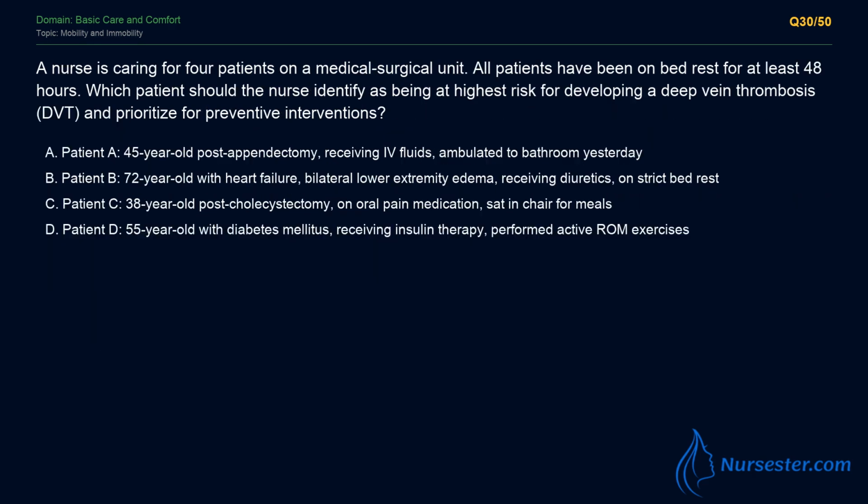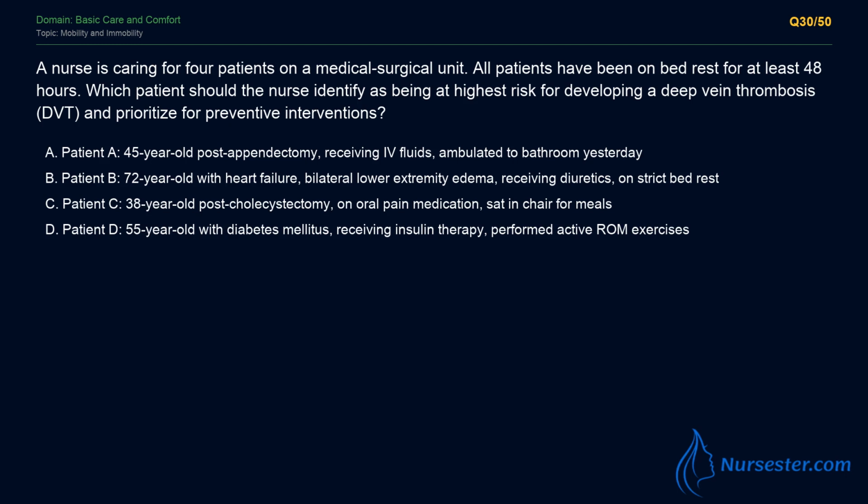Question 30. A nurse is caring for 4 patients on a medical surgical unit. All patients have been on bed rest for at least 48 hours. Which patient should the nurse identify as being at highest risk for developing a deep vein thrombosis, DVT, and prioritize